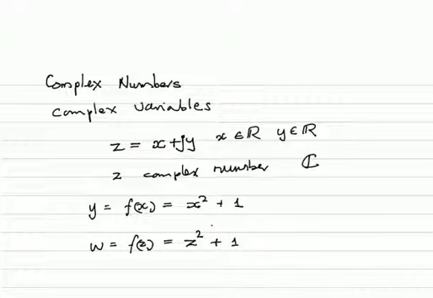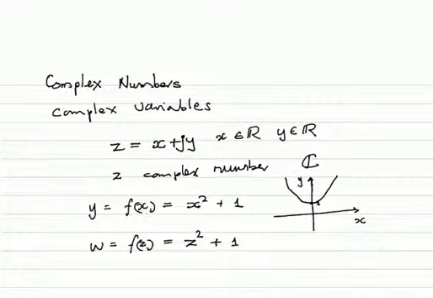Obviously these functions, because of the difference in the nature of x and z, represent different things. In real functions, x squared plus 1 represents a parabola which intercepts the y-axis at 1, and we've got a picture like that. In terms of complex numbers, that is not so easy to visualize, but first let's revise some elements of complex numbers and some identities, then we'll see the complex functions when we begin the chapter.